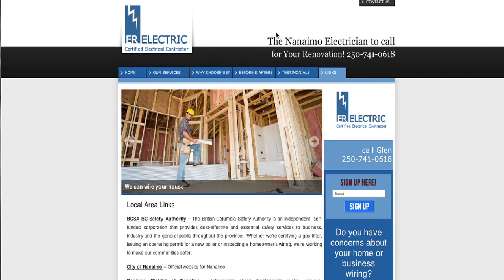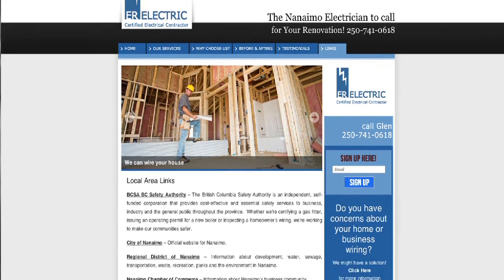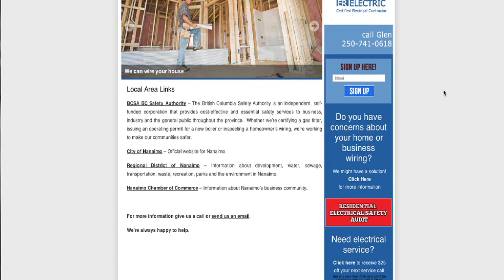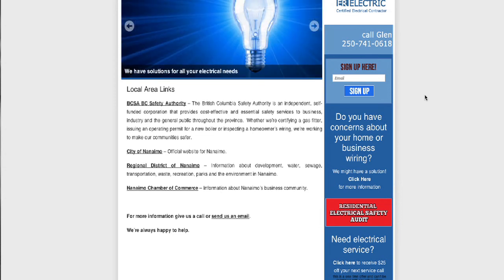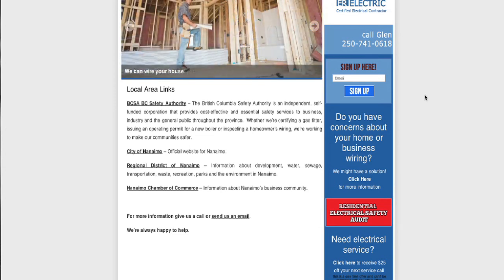Now the links page. I like the links page, and this is really good, and Google pays attention to this too. Google pays attention to what these are known as outgoing links, which means they're going away from your site. They're going out of your website. And Google pays attention to these because it wants to see if they're relevant to your website, which in your